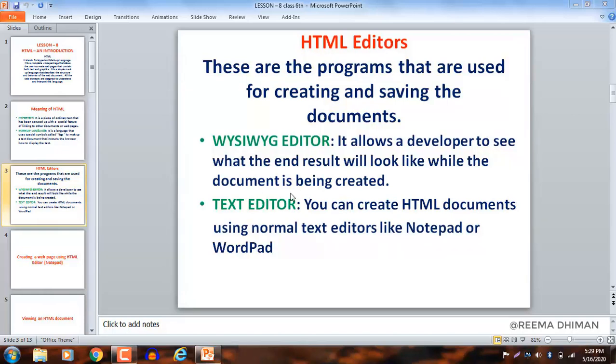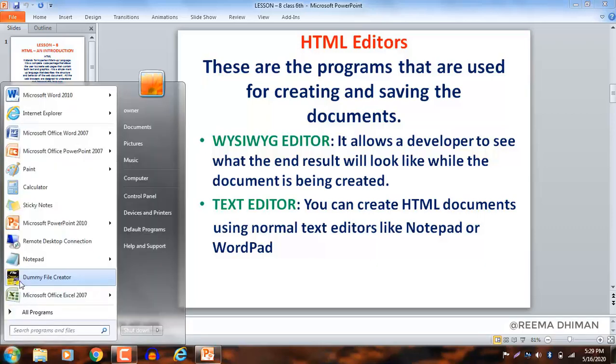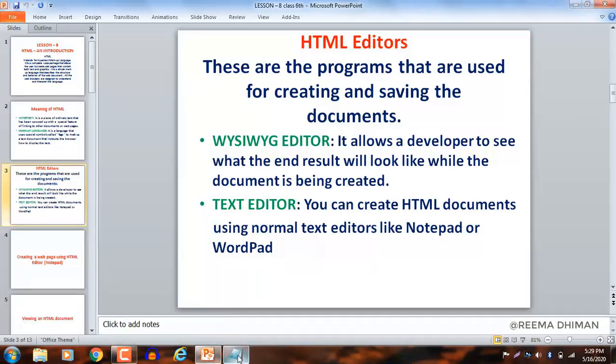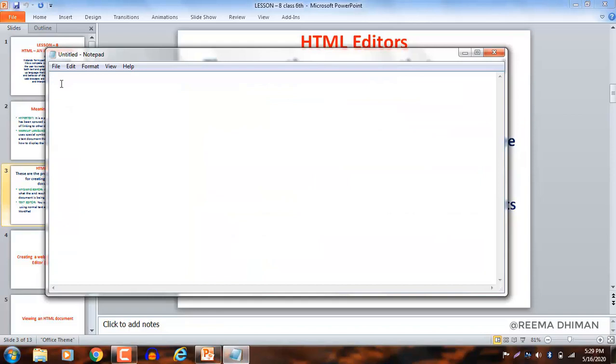Unlike what you see is what you get editors, here one is required to have proper knowledge of HTML commands to develop web pages. As I talk about that, you have to write in this program, in Notepad program. So what you will write here? What you will write? For writing the code of HTML language, you have to have proper knowledge about the HTML commands.